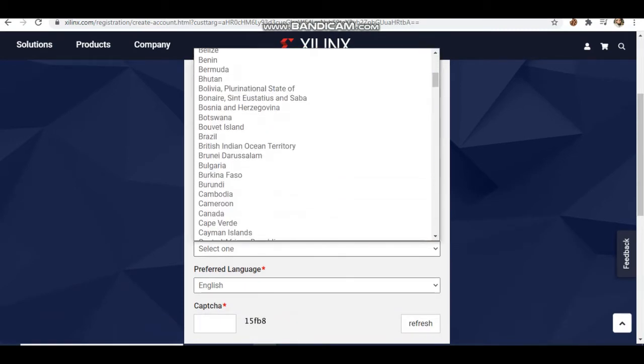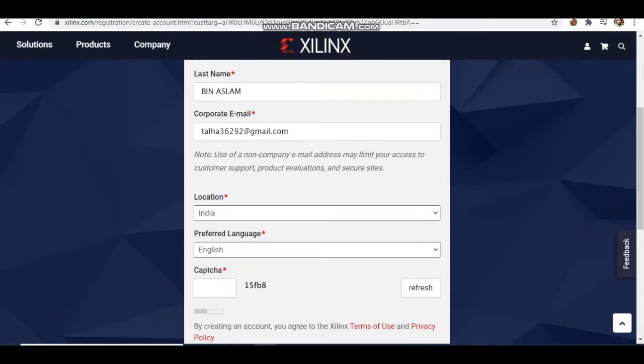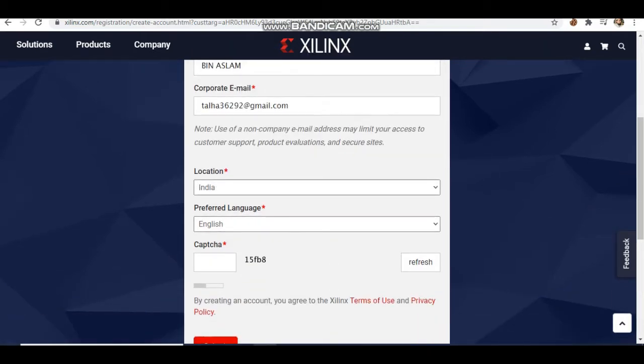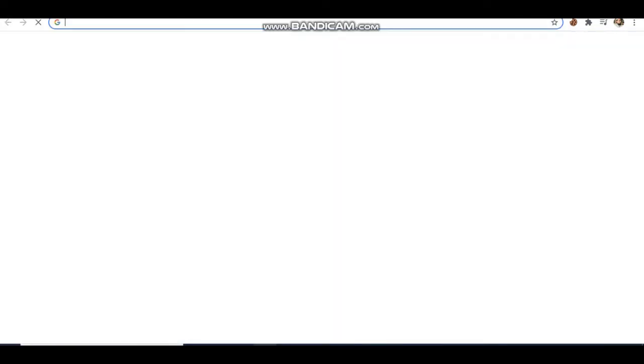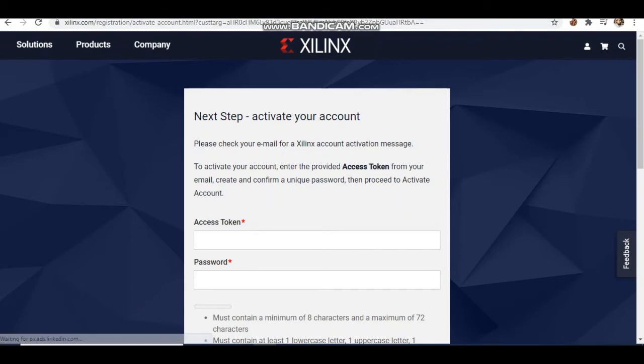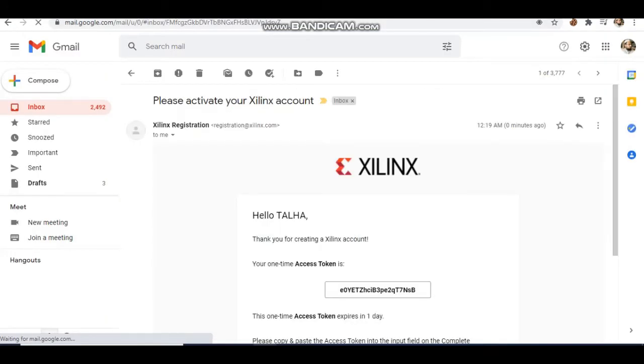And next we have to write the location, so it is India, and then we have to solve the captcha. After doing this step, my account would be created and I will get a code on my email account. So after submitting this, I need to open my email. There I will get an access token. So I got an access token here.